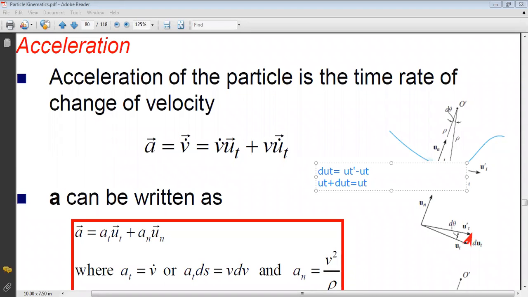So in the figure, how is dut? It's directed from ut towards ut prime. So now I determined vector dut. I still need to find its expression. What is its magnitude? What is its direction? First, for its magnitude, as you can see here,